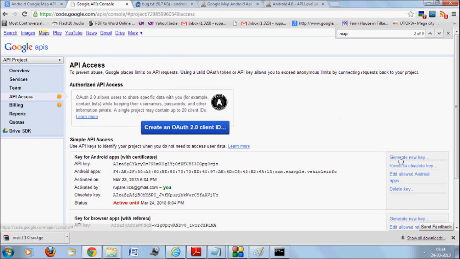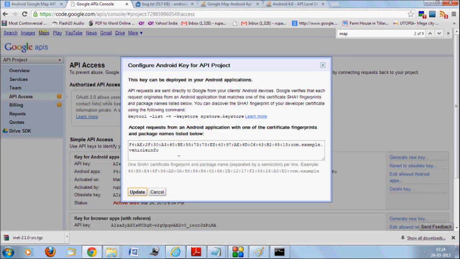It will ask you to create a key. Just say edit allowed Android apps. Here I need to paste my password, and I need to put the package information which I'll be using in my project. Say for example, the package that I'll be using is